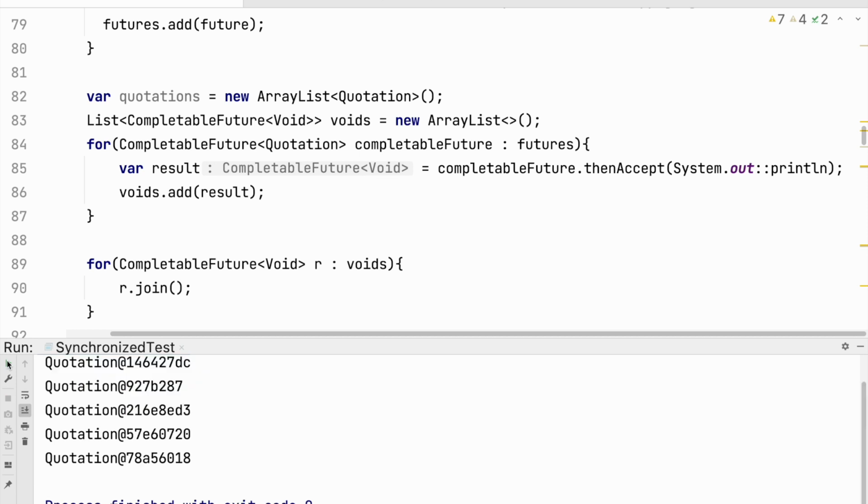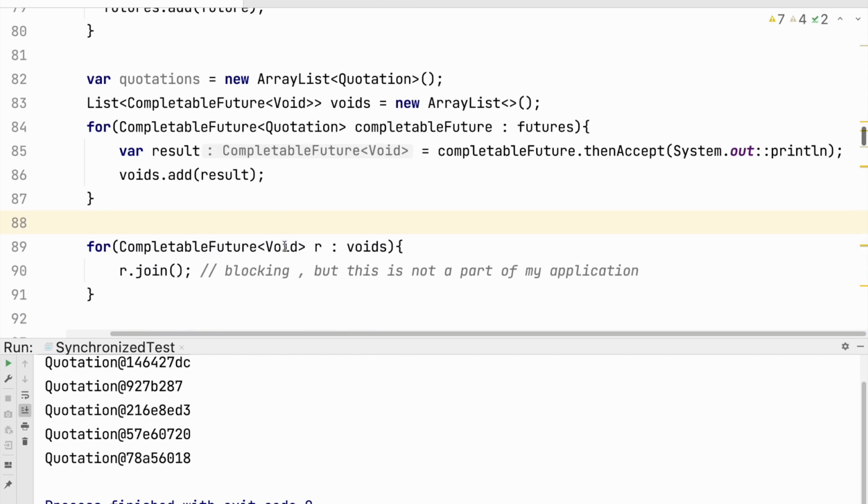we could clearly see all our quotations have been executed, because this is a blocking call, but this is not a part of my application. It's just so that we could see the result. Okay, that's great. Now what we want to do, we want to add all our CompletableFuture results in this